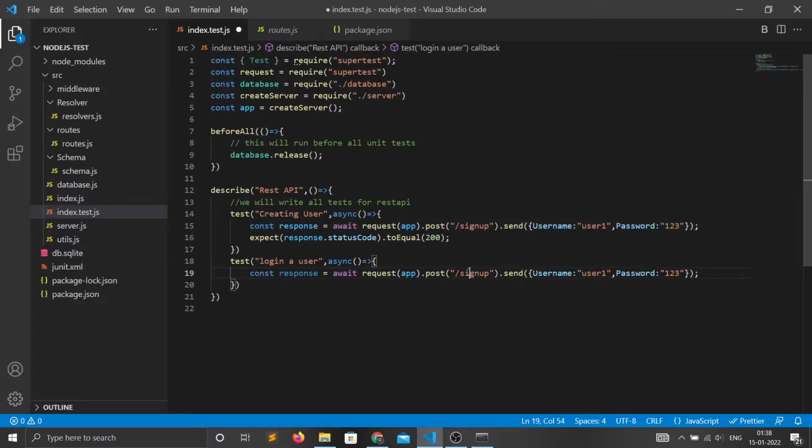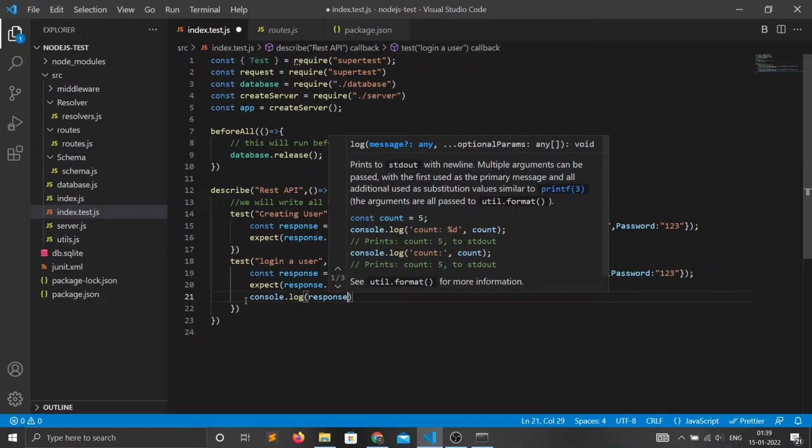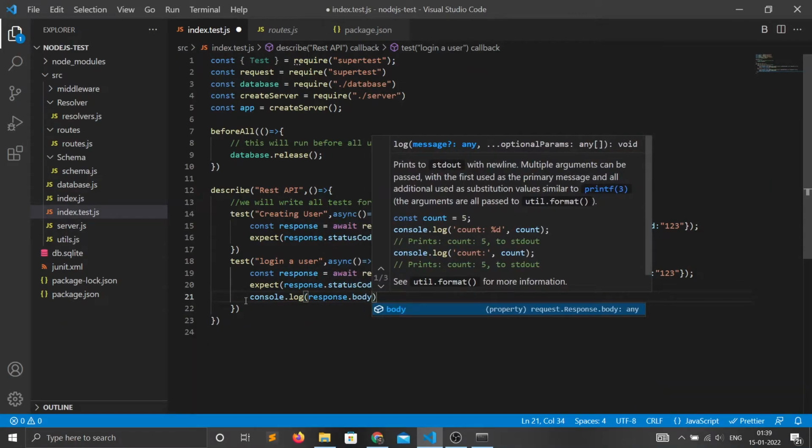We will make the same request on the route login, expecting a status code of 200 when everything goes right, and we also expect a token. So we will see by consoling the response dot body what we are receiving.